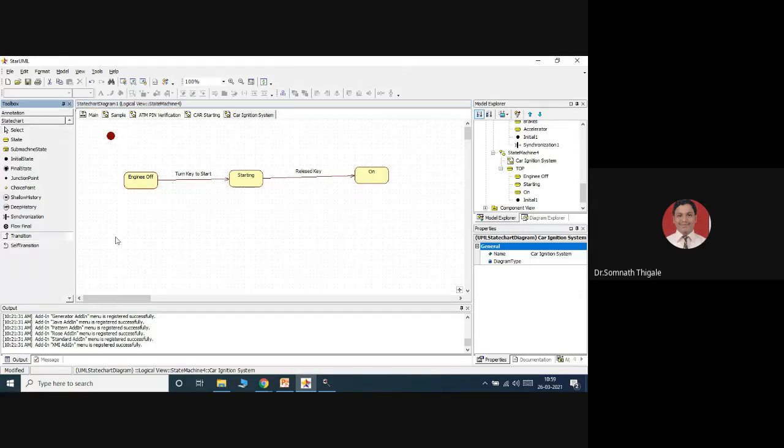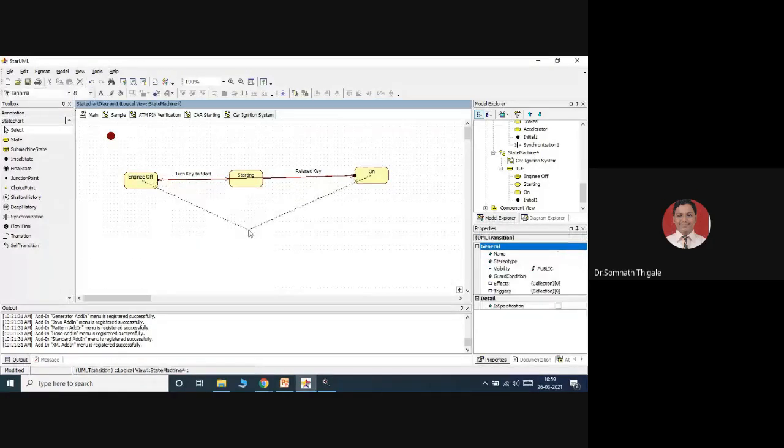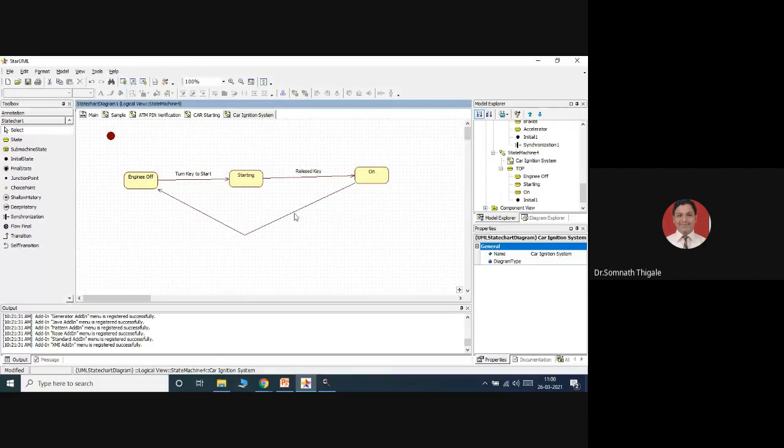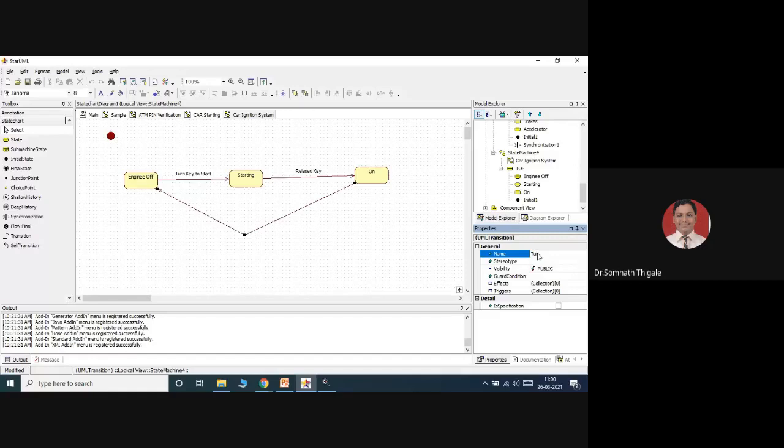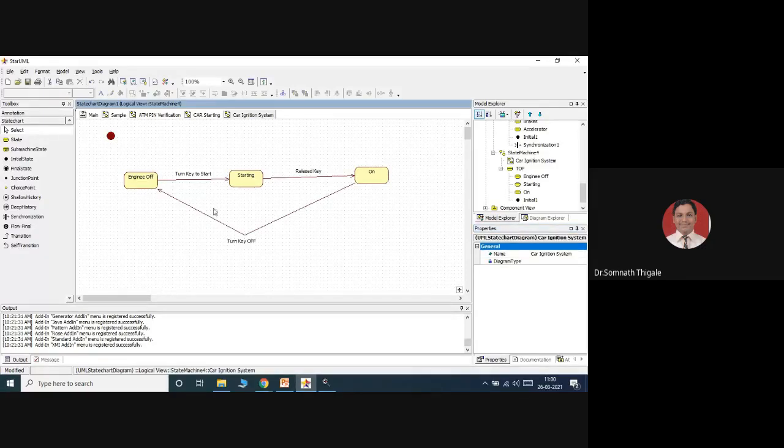And if I take a reverse scenario, turn key off simply. I will call it turn key off. Engine will be off. Provided the conditions, again different conditions will be here. Conditions, we can say guard condition.